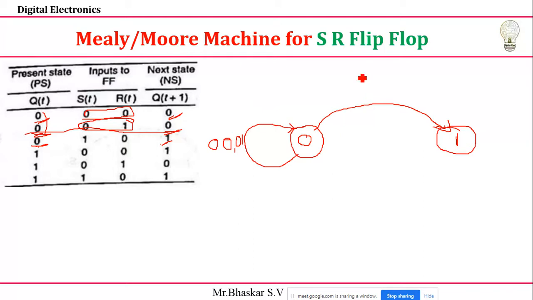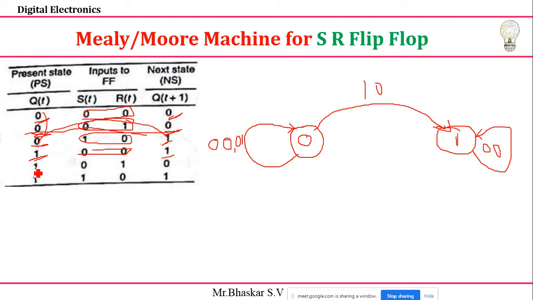See, 0 to 1 it is moving when conditions are 1 0. Next you try for this 1 to 1. 1 to 1 means present state and next state values here only. And that condition, what are the inputs? Just represent here, it is 0 0. That's all. I'm going to write here it is 0 0. Next, this is also over.